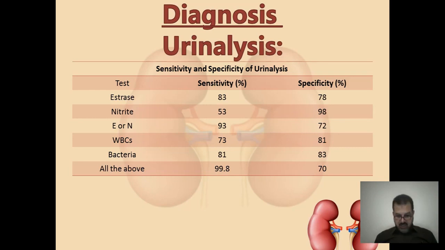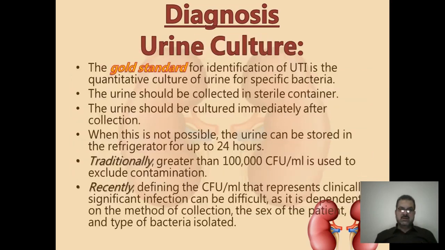Usually, if you remember a report for urine routine and microscopic examination, we are looking for nitrite and for leukocyte esterase. This is highly suggestive of infection. In microscopic examination, we are also looking for high white blood cells, more than 4, and for the presence of bacteria. By that, you can make the diagnosis of urinary tract infection.